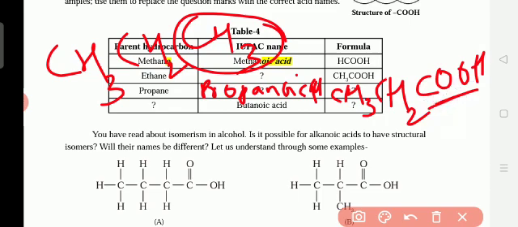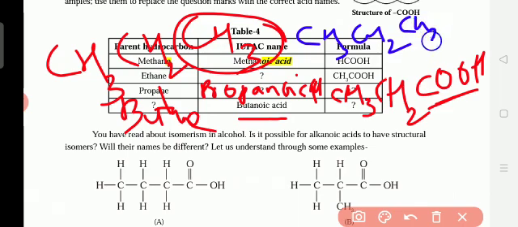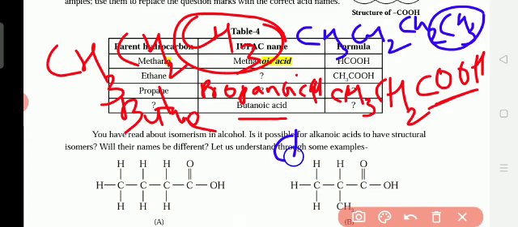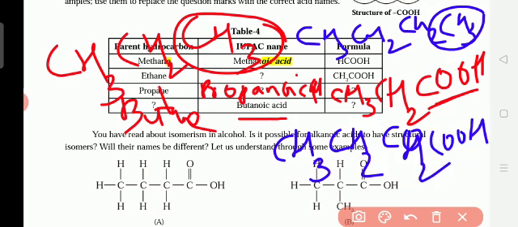Okay, so butane here. Understand? Butane. So here butanoic acid, butane means 4 carbons, so we write 4 carbons means what? How it will come? CH3 CH2 CH2 and CH3. Now this is replaced by COOH, so butanoic acid means CH3 CH2 CH2 COOH. Okay, butanoic acid. Please write these names here. Understand? Here propanoic acid.